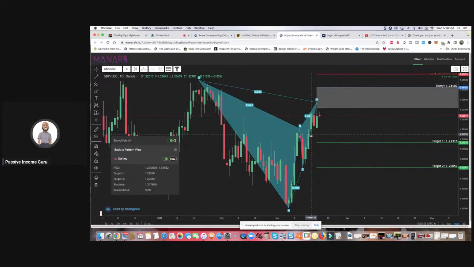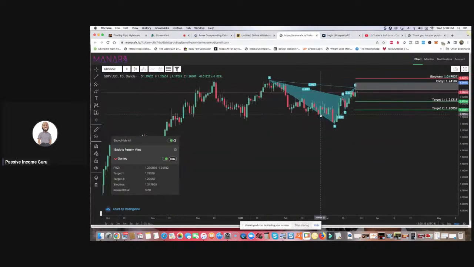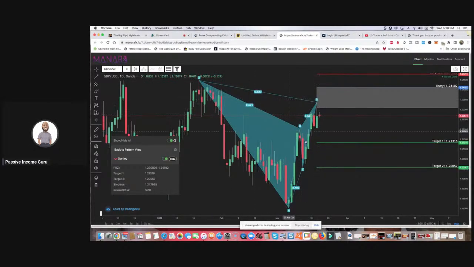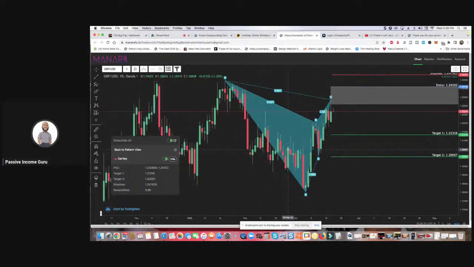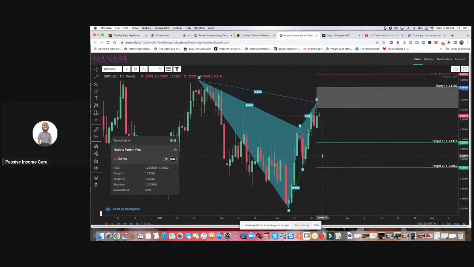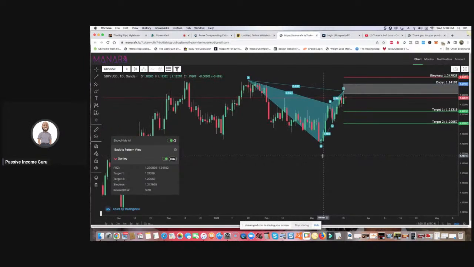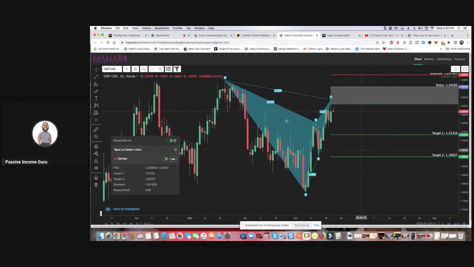So I can eat off of one pair for a whole week, depending on the swing of the trade. Okay. So for example, the scanner called GBP USD, it got two patterns. It has a Gartley pattern and a cipher pattern, and it's on the daily time frame. So this very well could be a swing trade, or in other words, a trade that could potentially be held